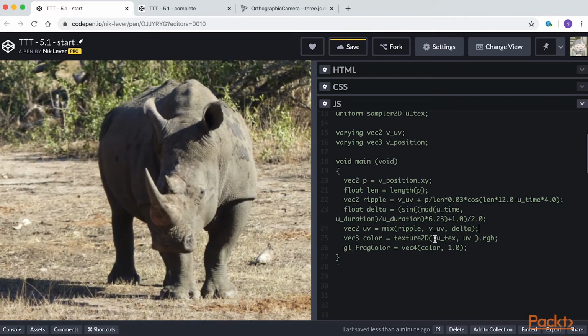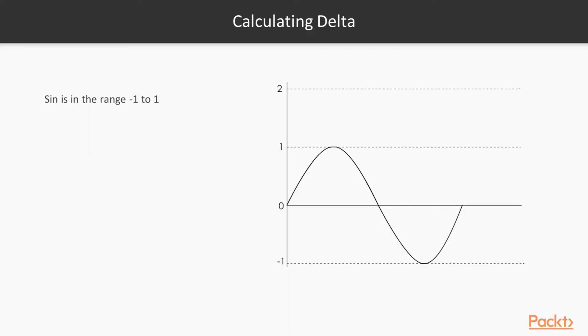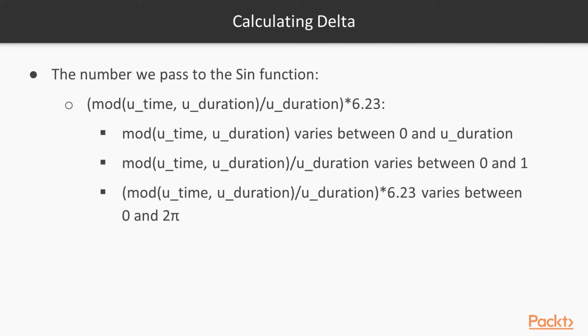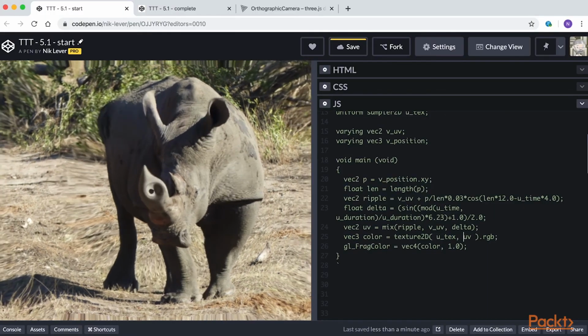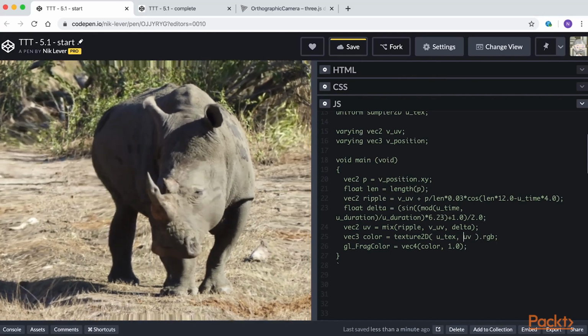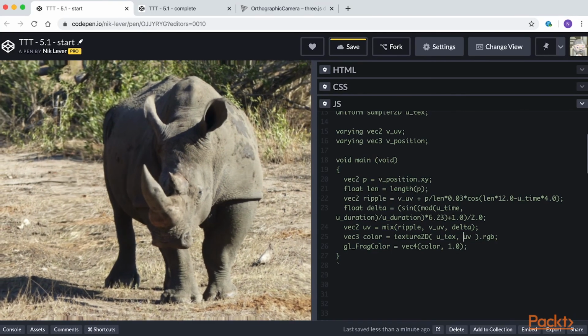Take a look at how we generate the delta value. Simply take the sine of time, which will be a value between -1 and 1. We add 1 to this and divide by 2 to move to 0 to 1 as the possible values. The parameter that we pass to the sine function is the remainder of uTime divided by uDuration, i.e. a number that varies between 0 and uDuration. This is divided by uDuration to get a number that varies between 0 and 1, and then multiplied by 6.23, roughly 2 pi, so we get a number that varies between 0 and 2 pi. So we get a value that varies between 0 and 1 over a time span of duration. Using sine in this way is very common where time is included in a shader. Now we know how to ripple a texture,